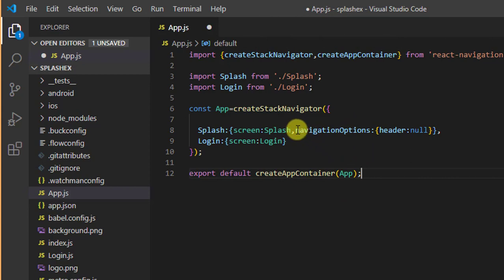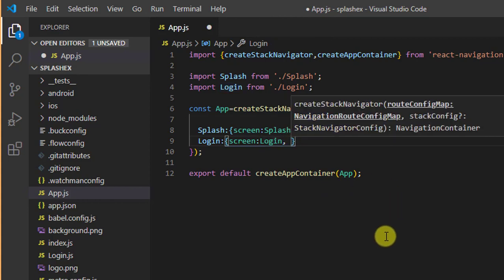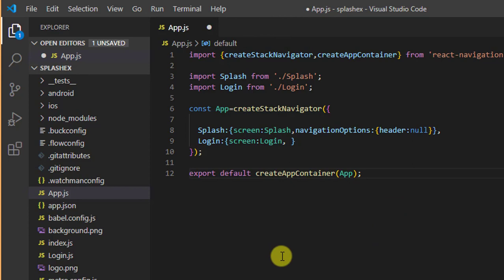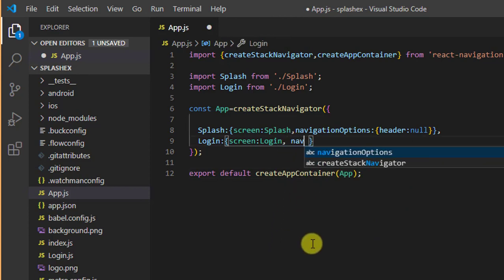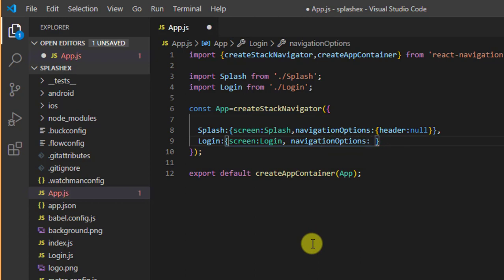Similar, we have to write this code into the login screen. For this, after login type comma, and after comma we have to type navigation options colon. Inside the curly bracket we have to set header colon null.